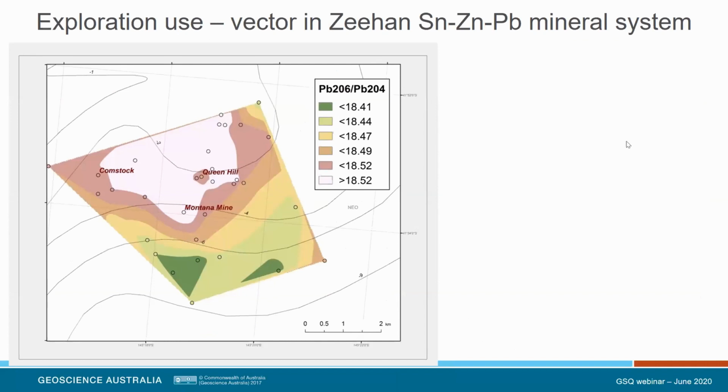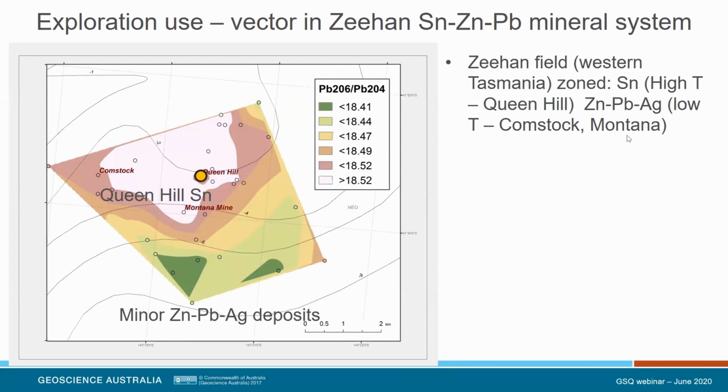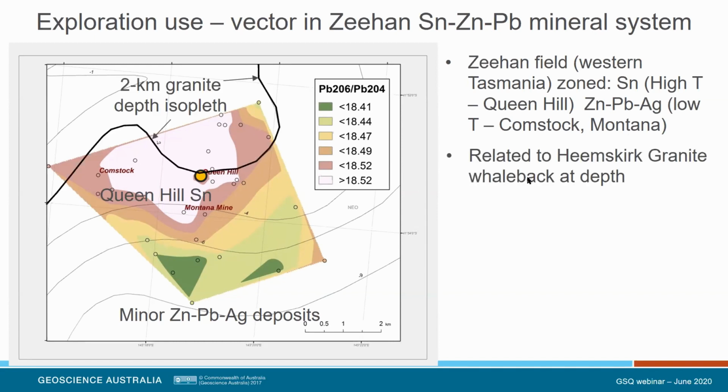This is as a vector in the Zeehan tin-lead mineral system, in Zeehan in Western Tasmania. And this is just a mu map, and I'll just go through this. First of all, the Zeehan field is strongly zoned, and it contains both tin-rich and zinc-lead-rich deposits. So we have the tin deposit at Queen Hill, and then all these other little dots are lead-zinc-silver deposits. The other thing is that the Queen Hill deposit is sitting on a whaleback of the